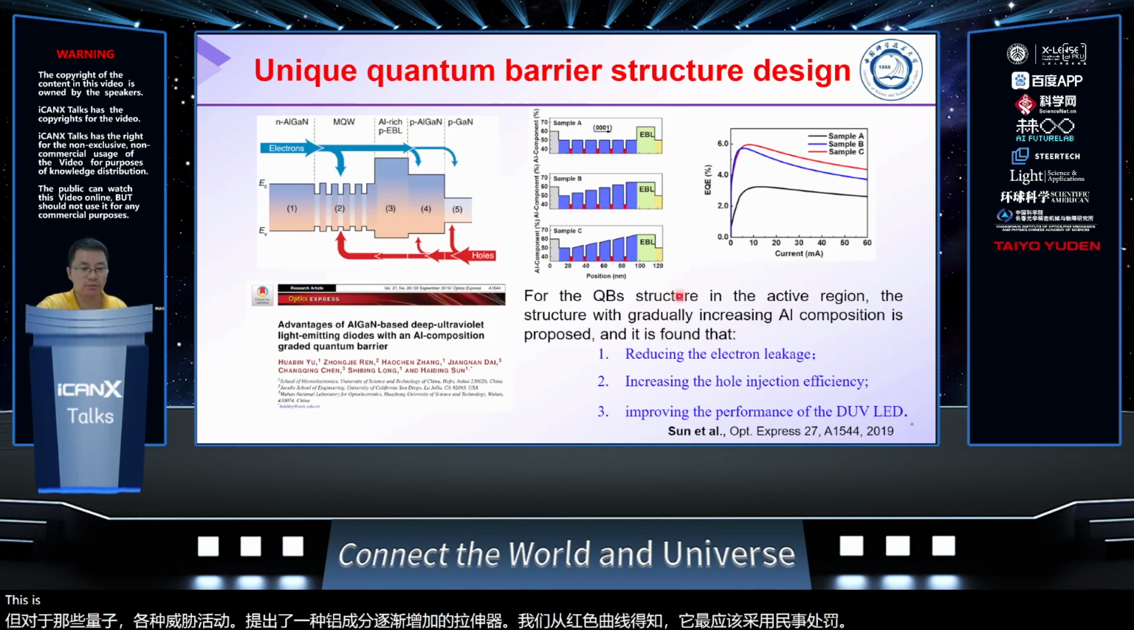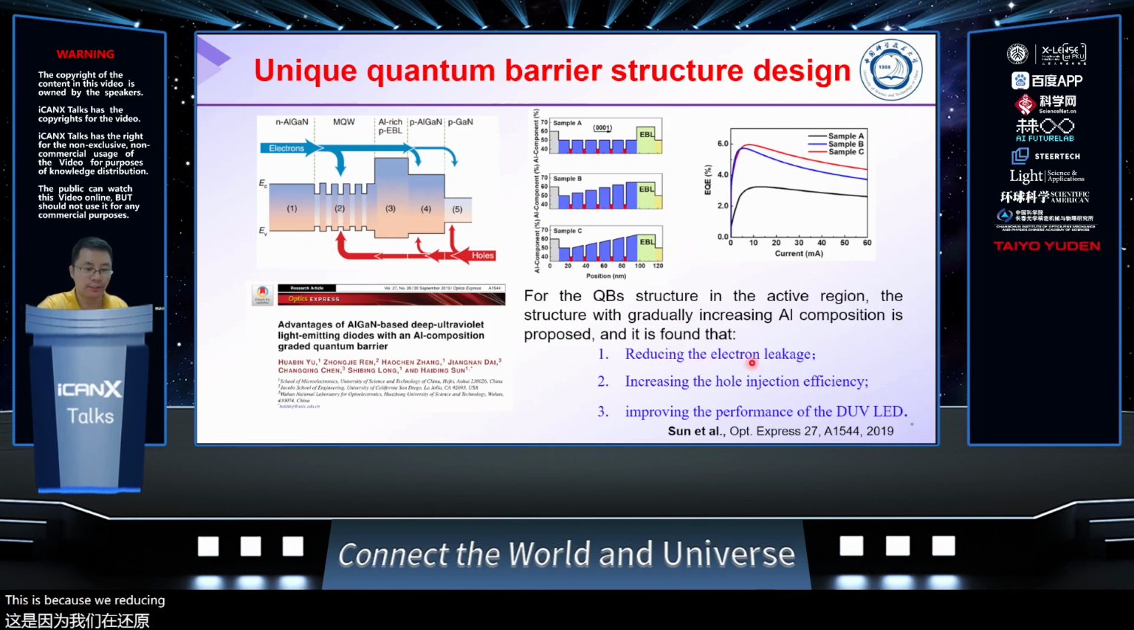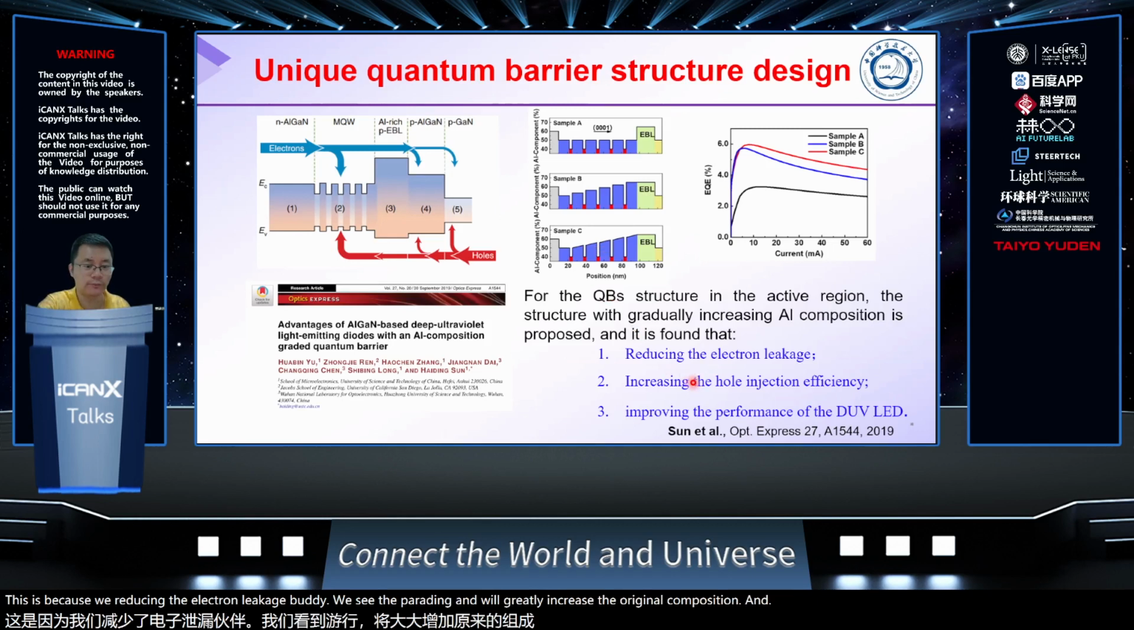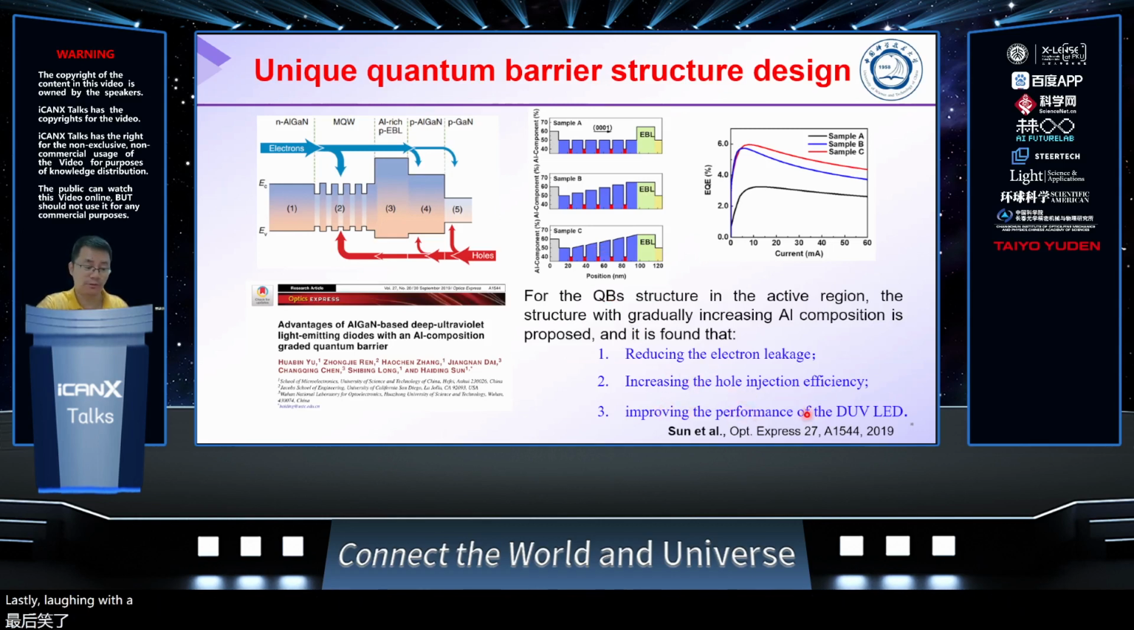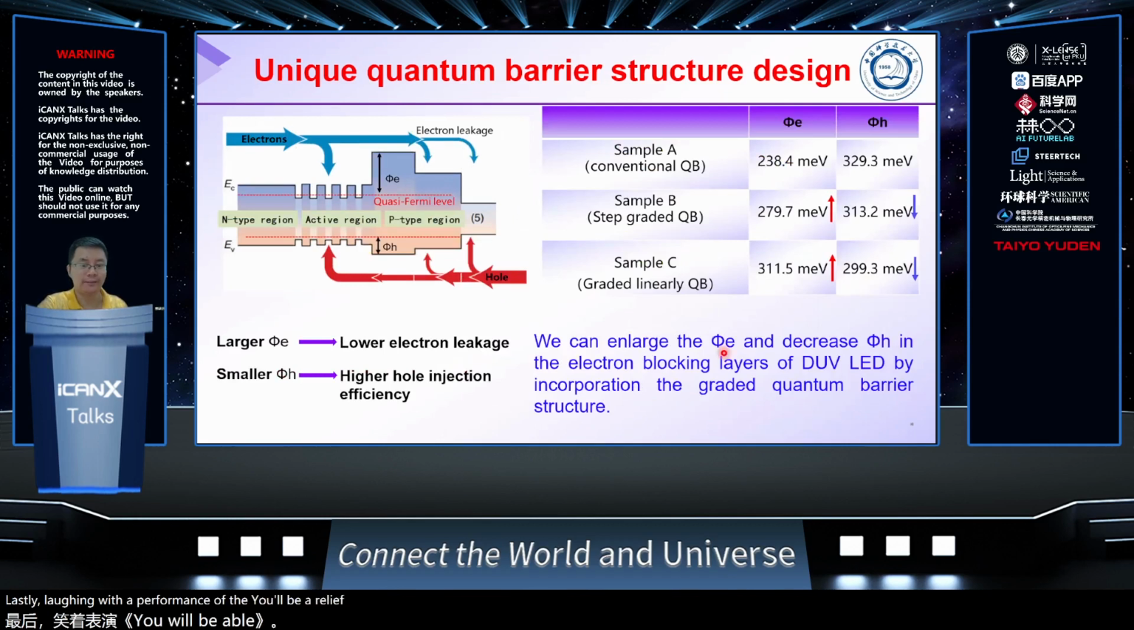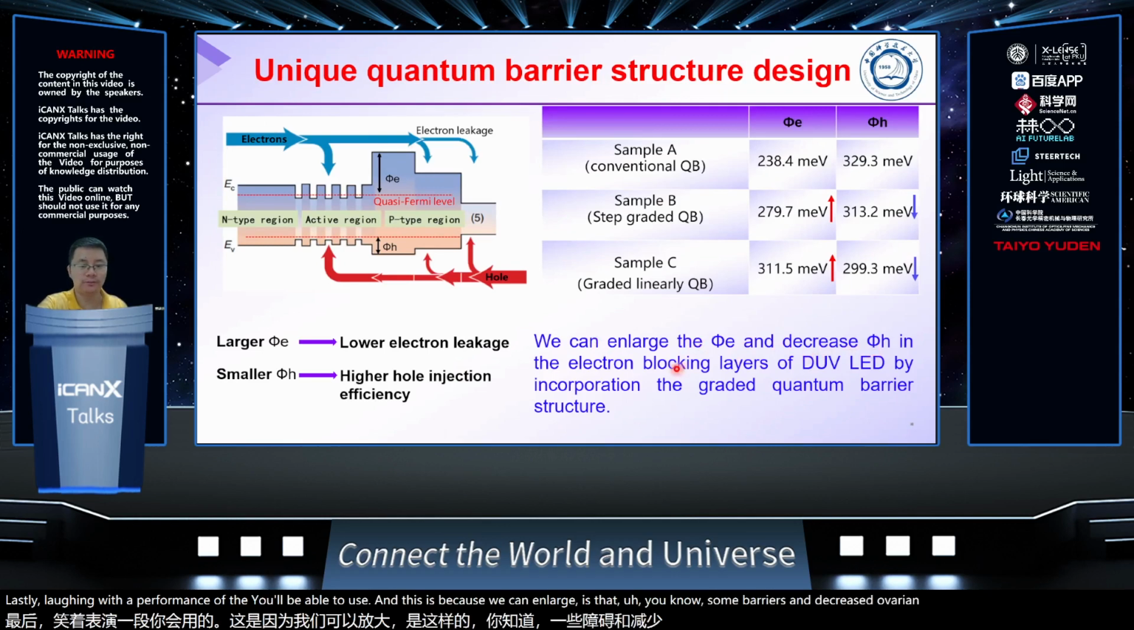This is because we are reducing the electron leakage by increasing the gradient. We gradually increase the aluminum composition, and we also increase the hole injection efficiency. Lastly, we also improve the performance of the UV LEDs, and this is because we can enlarge the electron barriers and decrease hole barriers in the electron blocking layer for the DPUV by incorporating such very unique graded quantum